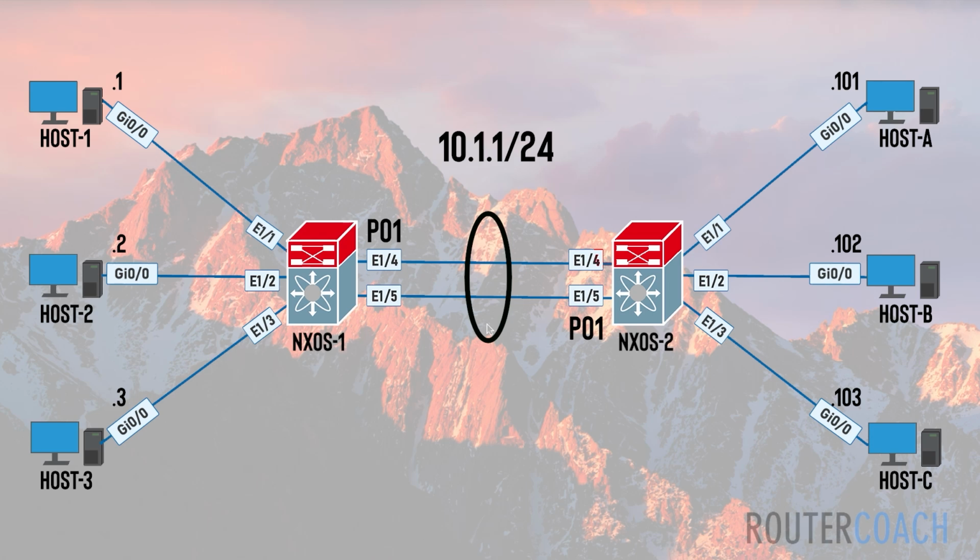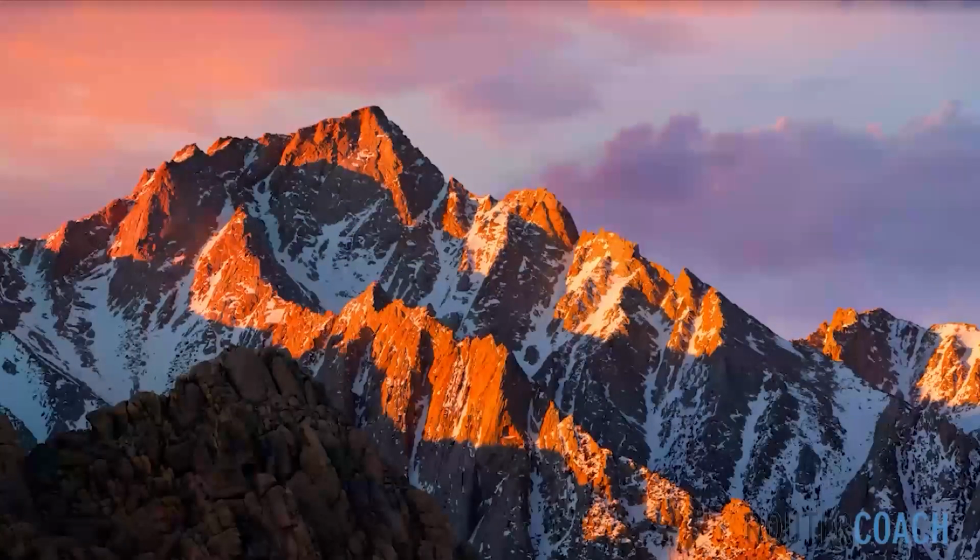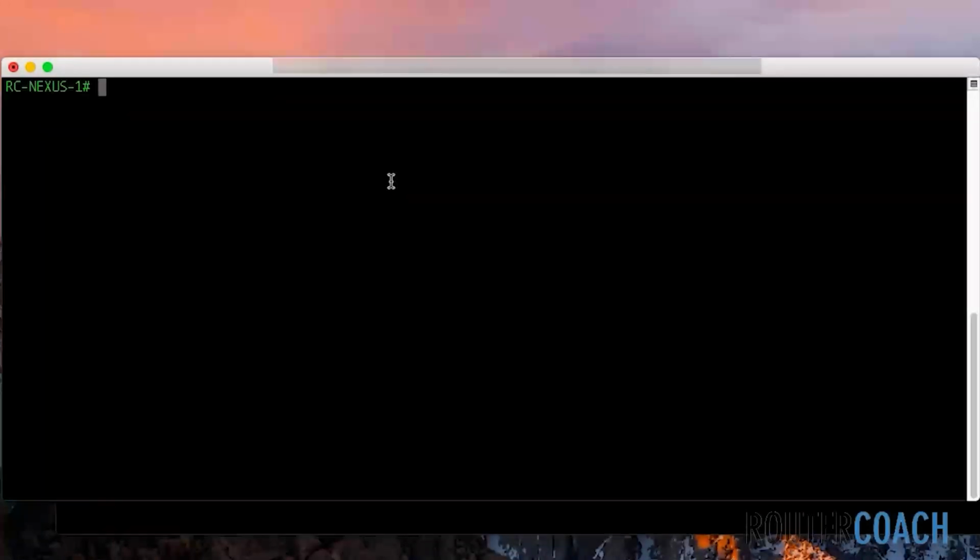And we'll segregate those into VLANs so that they can communicate with each other, but they'll only be able to communicate with each other, not with any other hosts. So let's start with that configuration. I already have Nexus 1 and Nexus 2 open, and if I do a show MAC address table,